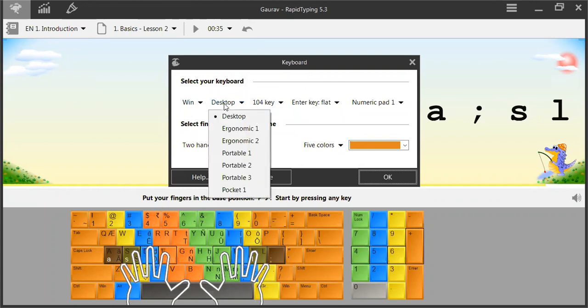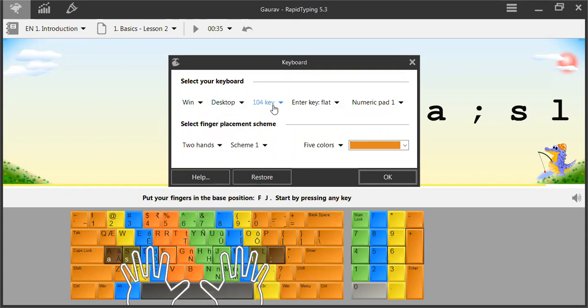So if you are using it on a portable device like tablet or so, you can use this portable 123 format, and Pocket is for the mobile version. And if you are doing it on a computer, then use this desktop option. How many keys are there on the keyboard? If you're using a keyboard with 105 keys, 104 keys or 107 keys, whichever type of keyboard you are using, you can select that. Enter key is flat, high or big, so choose the one that is applicable to you depending upon the keyboard